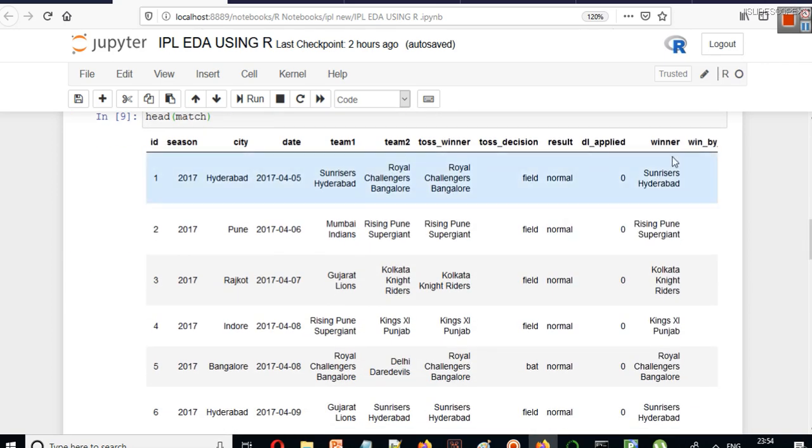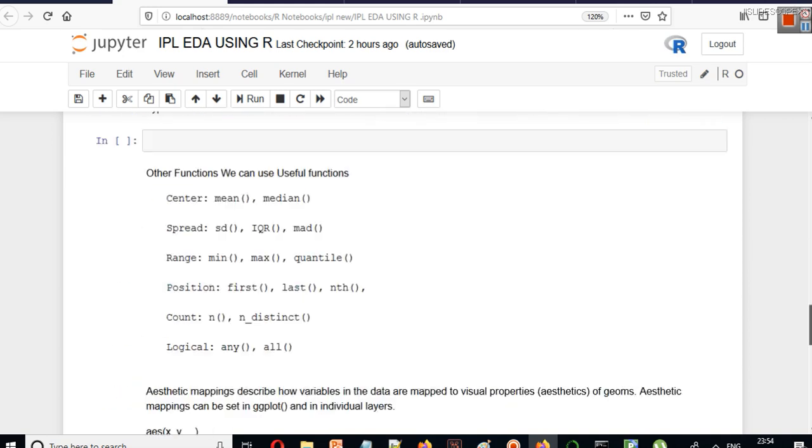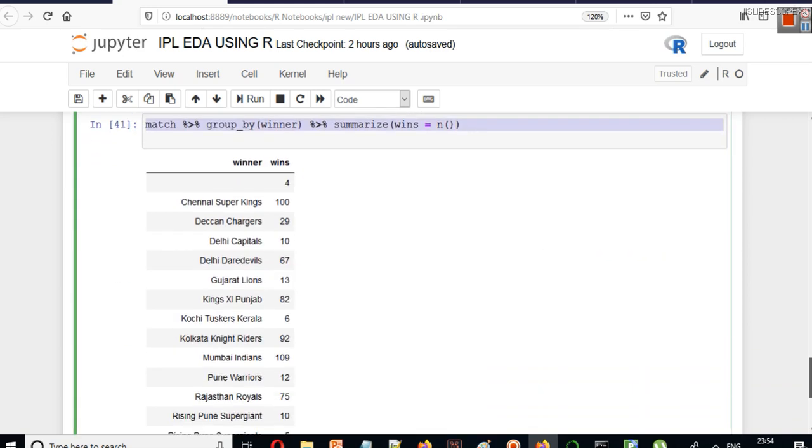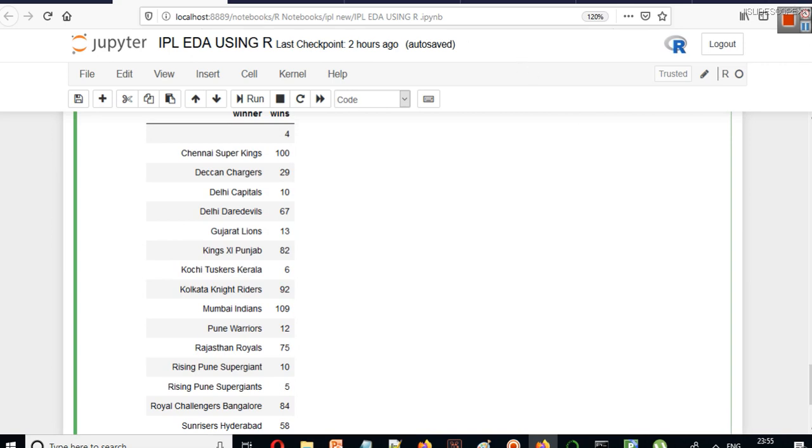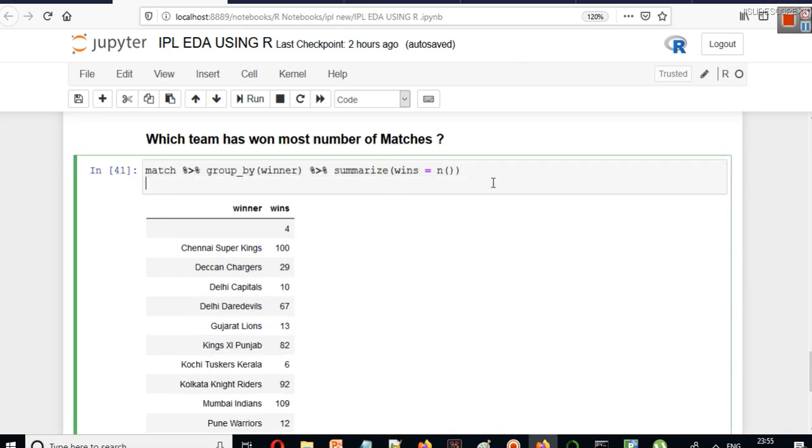So in winner we have, suppose, Sunrisers Hyderabad. This particular value will be repeated here n number of times, and this is simply counting that n number of times. Okay, so this is the information here. And if you want to filter this type of result, suppose we want to see who has won the most number of matches, and there are many records.